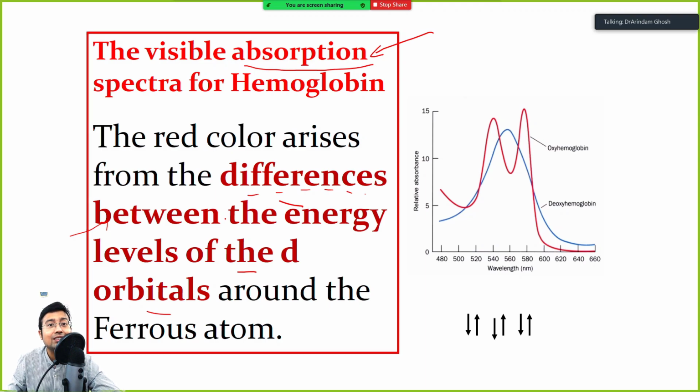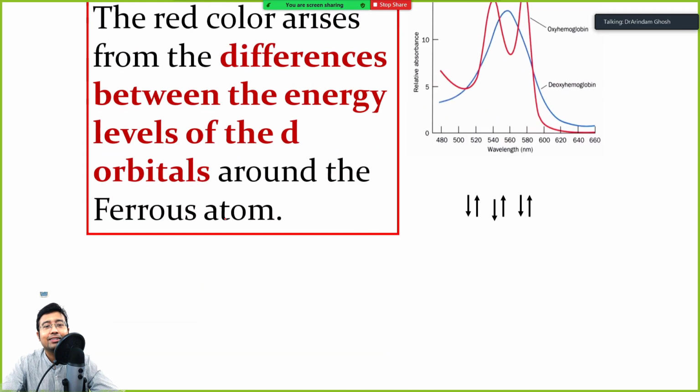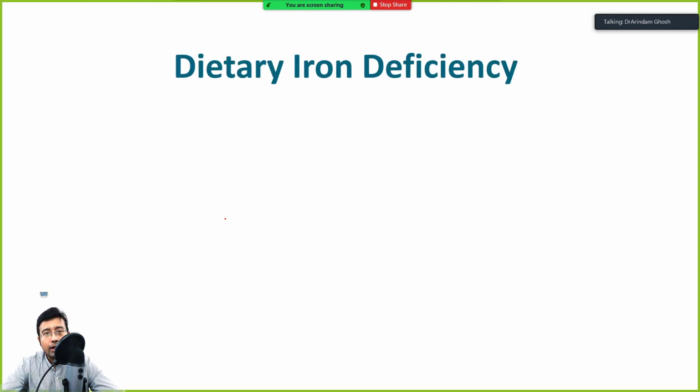So there is a reason why the color changes with the state of oxygenation and deoxygenation. We will get to this later. But just now know this, it is the complex game of electron orbitals of oxyhemoglobin and deoxyhemoglobin, how they absorb energy, how they absorb the visible range of light. Basically it's physics, how a thing emits color, nothing special, right? So today we will briefly conclude our last part, because we were discussing iron, and then we'll move to globin. When iron is over, the part of discussion regarding heme will be over.